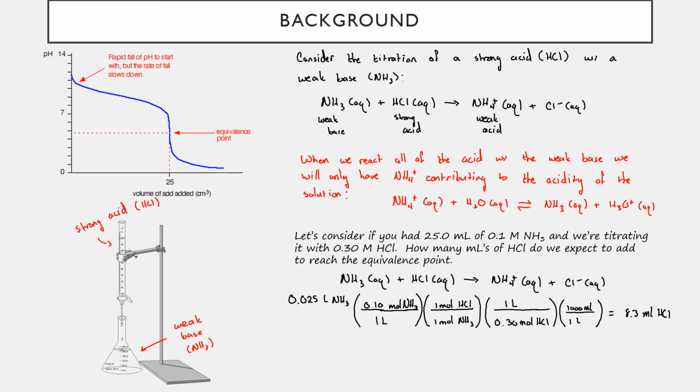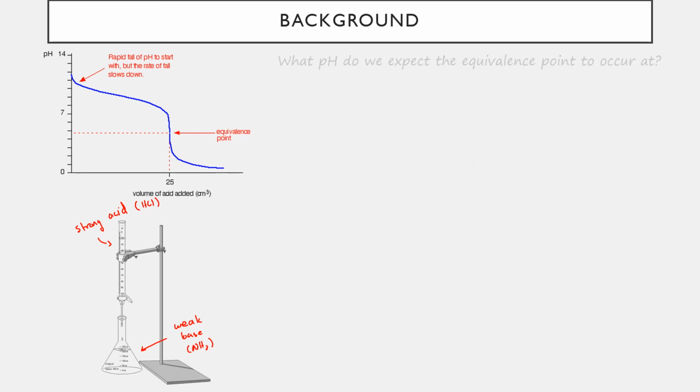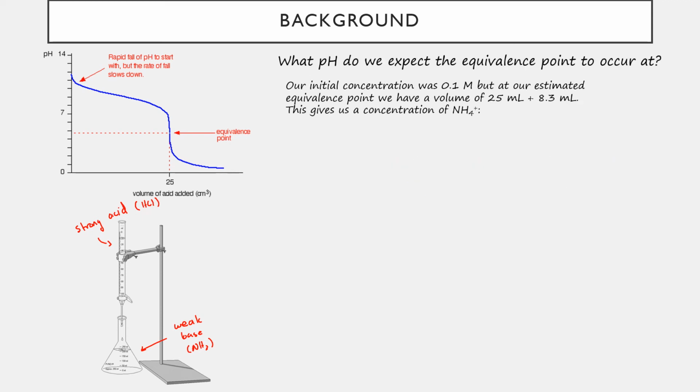So now our last task is figuring out what the pH will be at that equivalence point. Our initial concentration was 0.1 molar of NH3. By the time you've reached the equivalence point, you're still going to have the same number of moles present. But the difference now is that you have 25 milliliters plus the 8.3 milliliters you've added from the strong acid HCl. And so this is going to give us a new concentration for NH4 plus at the equivalence point when